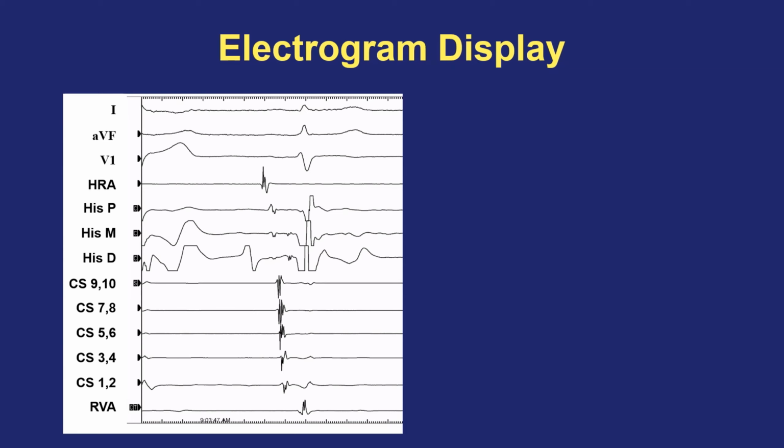Usually at the top, the surface EKG leads are displayed, followed by a sequence of electrograms that usually rely on the sequence in sinus rhythm, so that the high right atrial catheter is displayed first, signals travel across the right atrium and reach the bundle of His catheter, and then they travel across the left atrium, so the coronary sinus electrodes are displayed, and the beat gets down to the ventricle so that the right ventricular apex is usually displayed